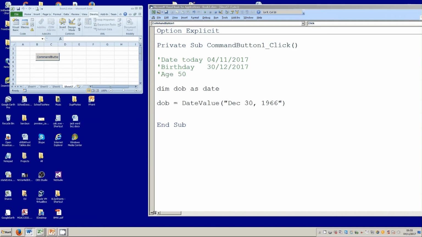And we want to find the difference in years. So it would be something like this: the year, which is 2017 of course, and the DOB, which is now that birth date. It should be 1966, otherwise it doesn't make much sense. Okay, so if we run that, you'll see that